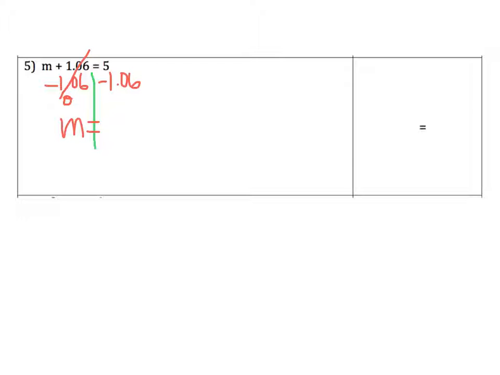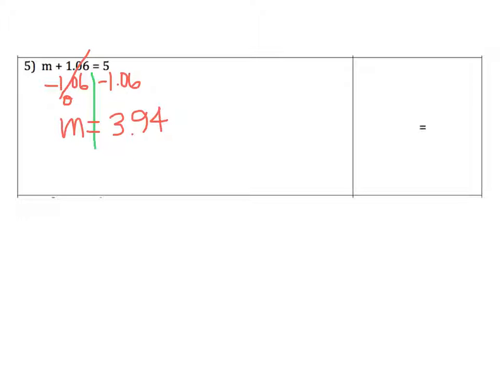Then I can type into my calculator 5 minus 1.06. A common mistake that I might see on the quiz is we're just not thinking and we might add instead of adding negatives. So you might think, oh, the correct answer is 6.06, and it's not. Remember, when we add negatives, we're getting a smaller number. So my answer here is